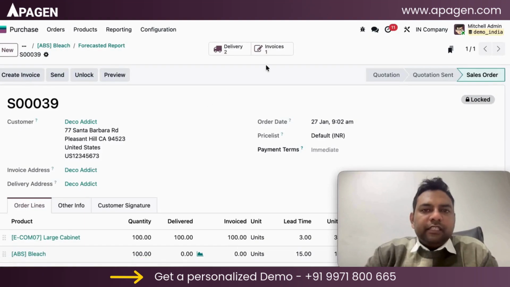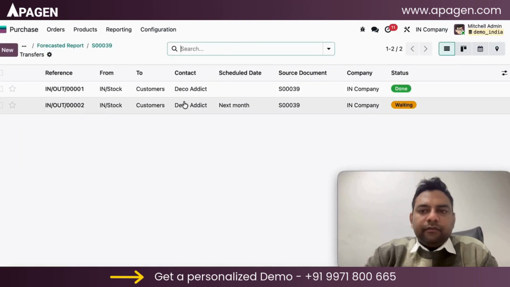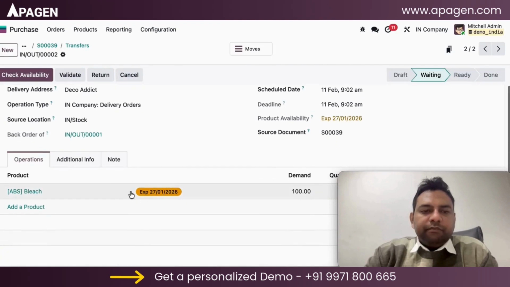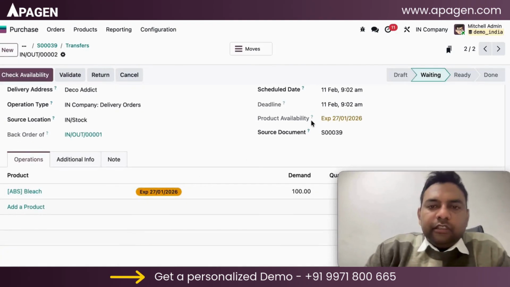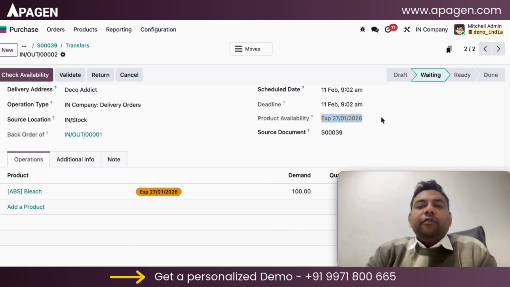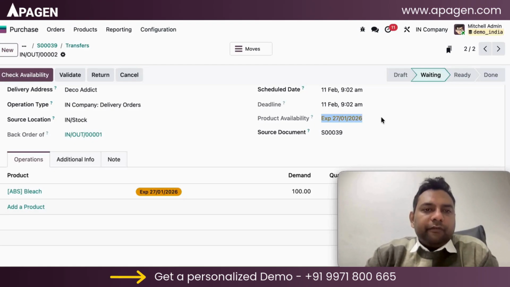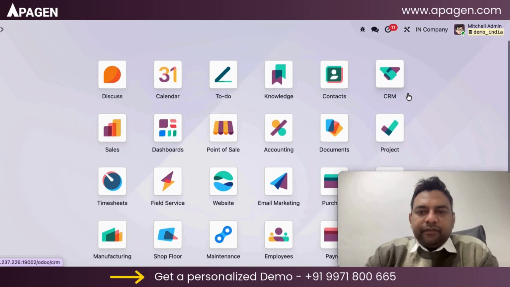Going back to the sales order and delivery, the item which is pending can still tell you the availability of product is expected on 27th. What you can see right now is that based on the actions performed in different modules, the system gives you clear-cut availability window for the different items, whether it is being manufactured, whether it is being procured through replenishment. And once this item is actually received,